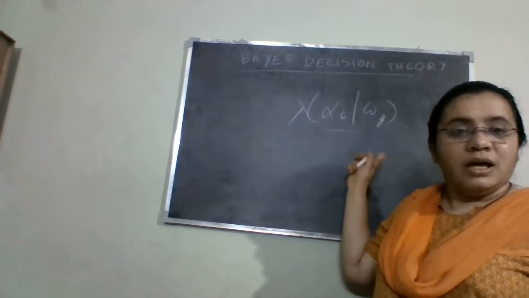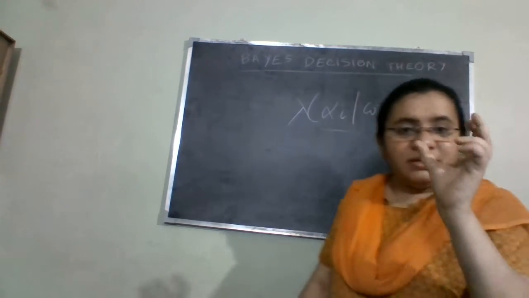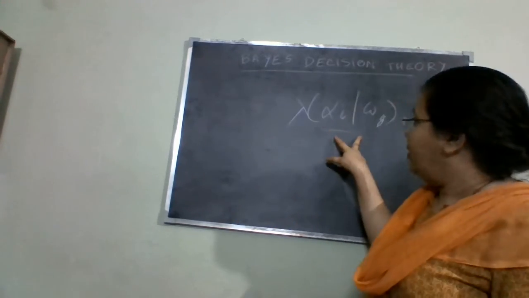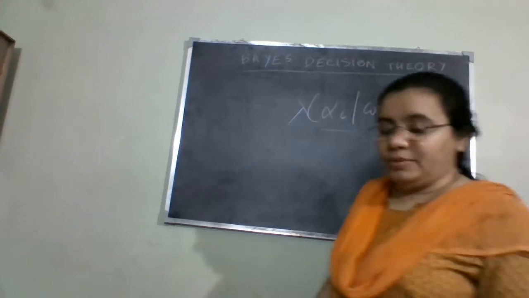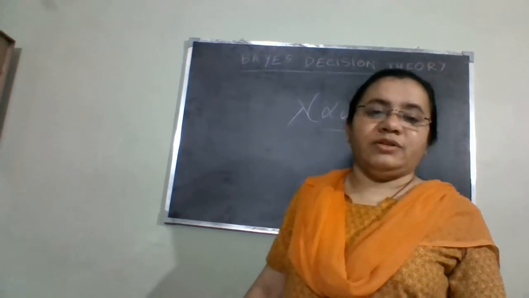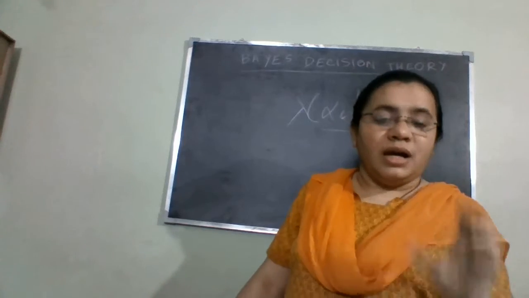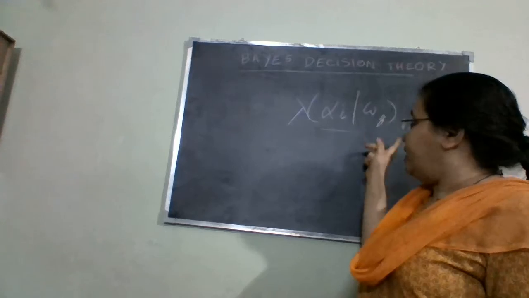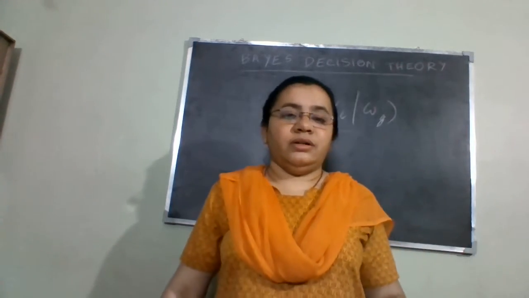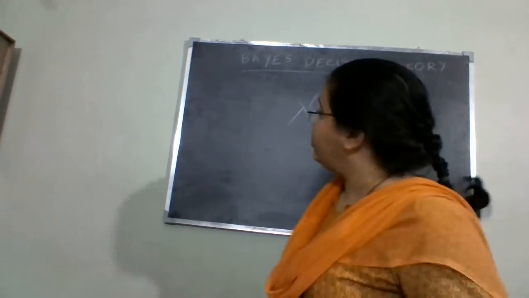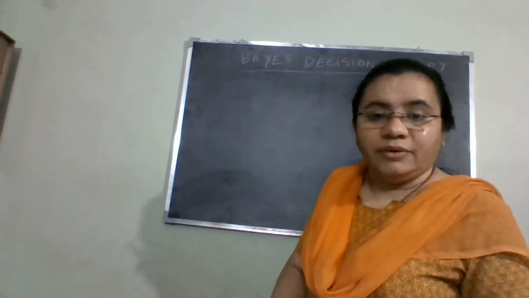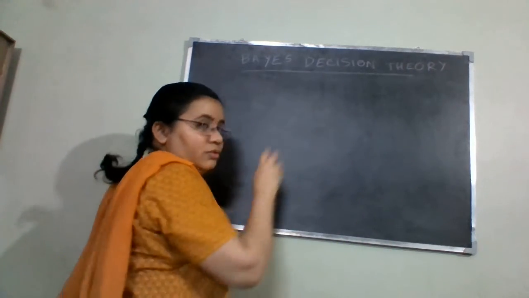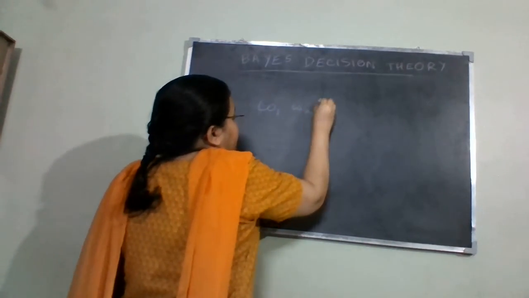because if this function is small, then the overall risk or the conditional risk will also become small, because that is a product of this particular term and my posterior probability. Posterior probability, as I discussed in the last video, cannot change, so this particular function I have to minimize as much as possible. Now, over here, we have i and j. How many classes were we talking about yesterday? I said that we had C number of classes,